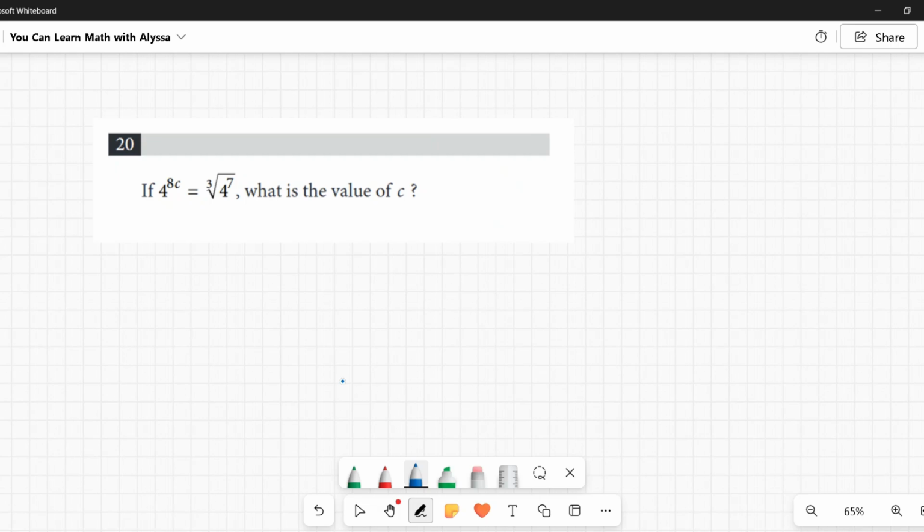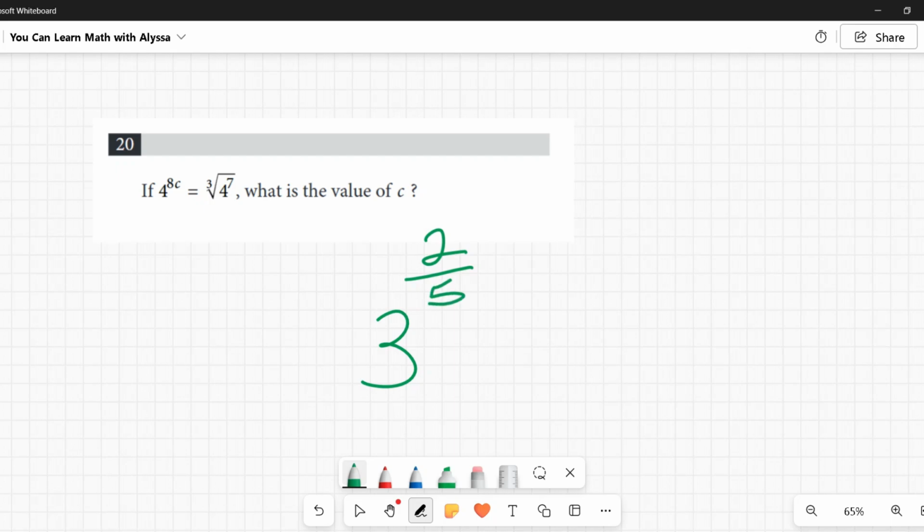20. If 4 to the power of 8c equals the third root of 4 to the power of 7, what is the value of c? Okay, we have exponents being compared to roots. The rule that you need to know for this, the one they're testing you on, is that if I had, let's say, 3 to the power of